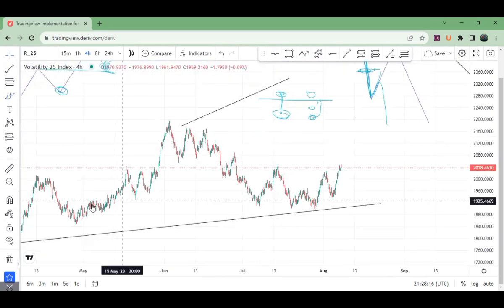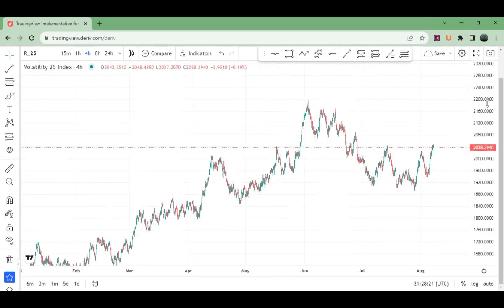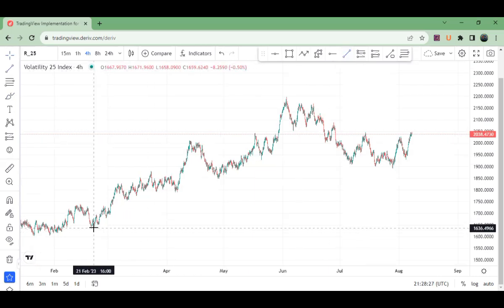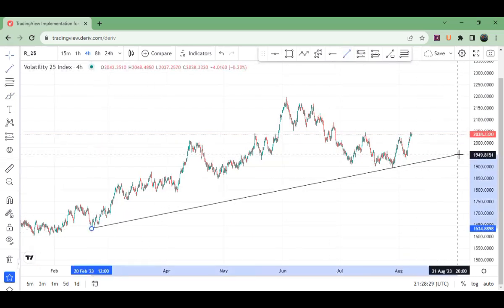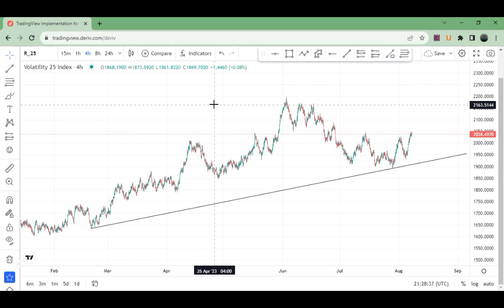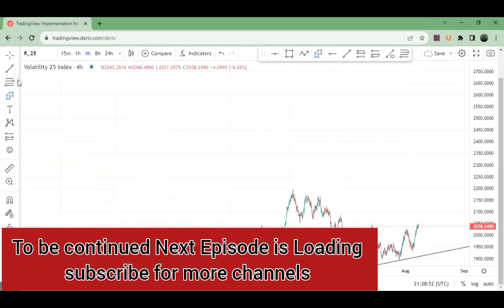Understand the market structure. Let me delete every single thing. So when you get into your charts, the one thing you want to check is the trend. Yes, it's bullish. The next thing is, is this a strong bullish trend or not? So let me teach you how to know when the market is a strong bullish trend and when the market is a weak bullish trend. With a very simple illustration, I have what I usually use as